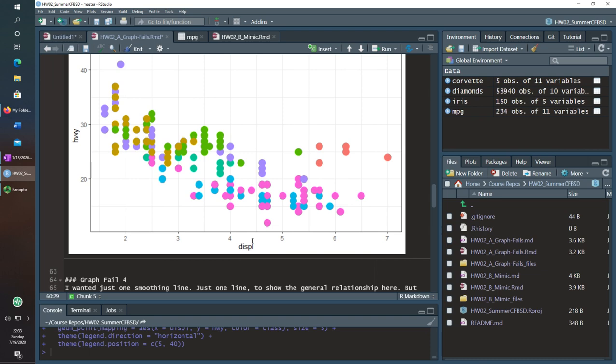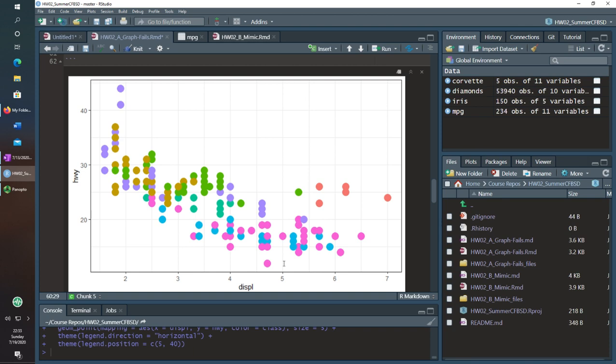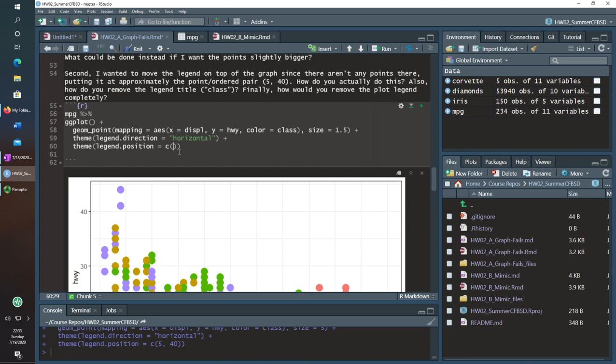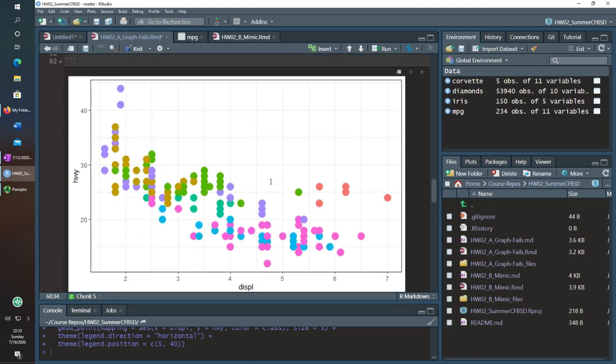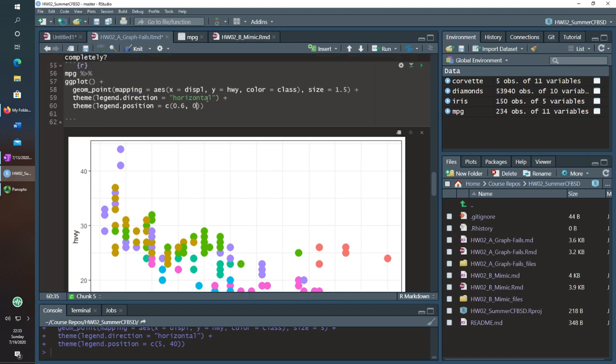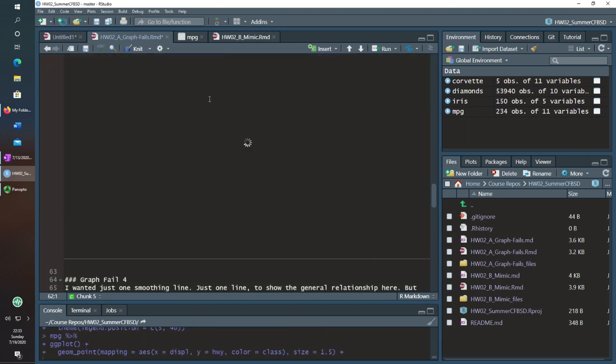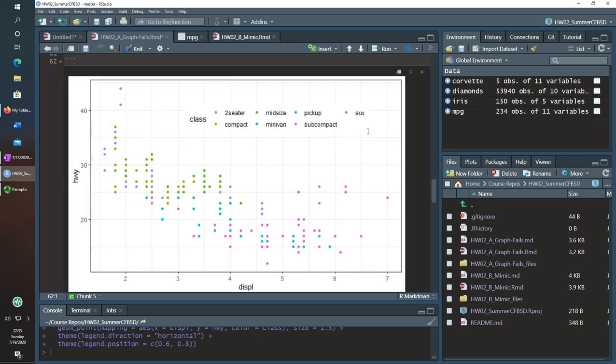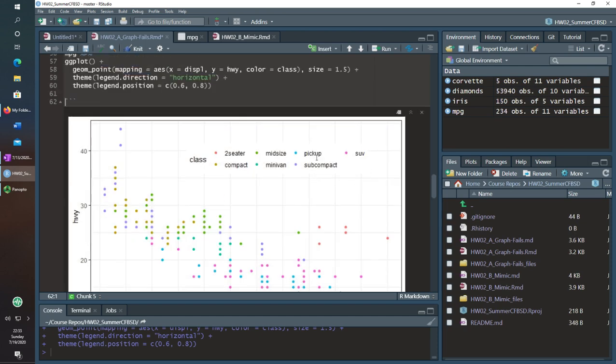So I want it to be in the x-axis, well, around 5, which is halfway, a little bit more than halfway. So let's say 0.6, 60% through the graph, and I want it to be at 40, which is, well, let's just say 80% up. Then run ggplot, and wait for it to print out the graph, and look at that, you get it right on top of it now. So, quite nice.